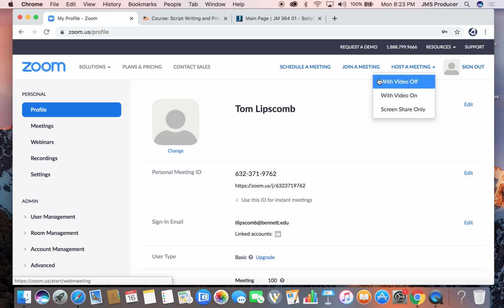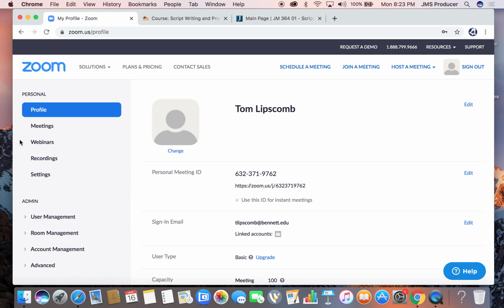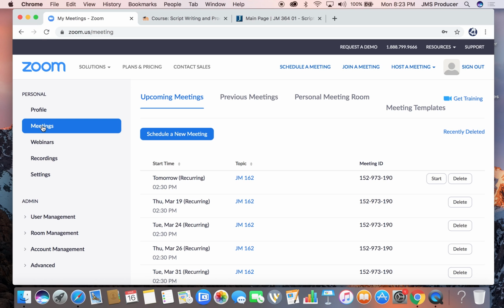So what I'm going to do now is go to my account, and on the left side, here is where the main action happens in this column, and you see meetings. So upcoming, previous, personal meetings. I'm going to deal with how we create a new meeting. This is an area, though, where your older meetings can be saved and archived so that you can get at them later. So if I hit schedule a new meeting,